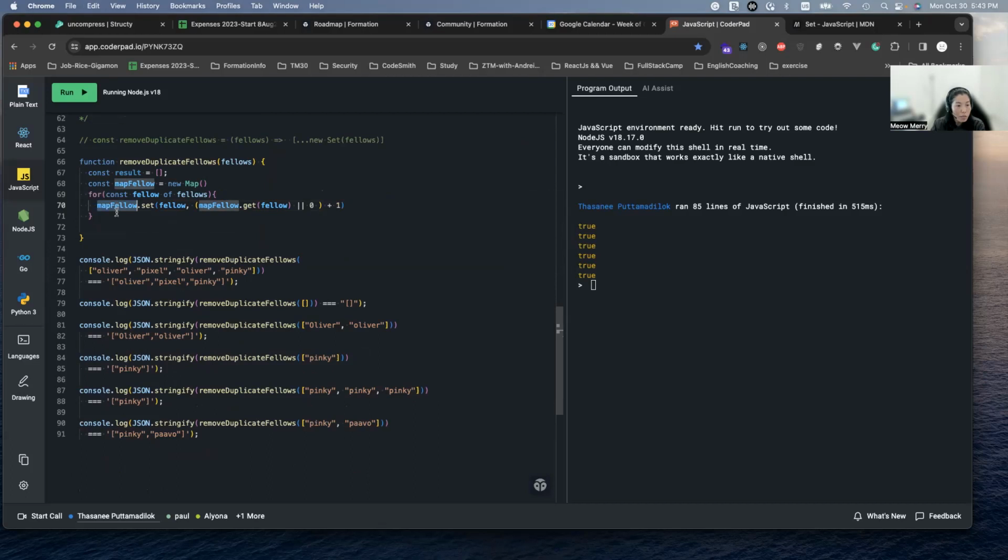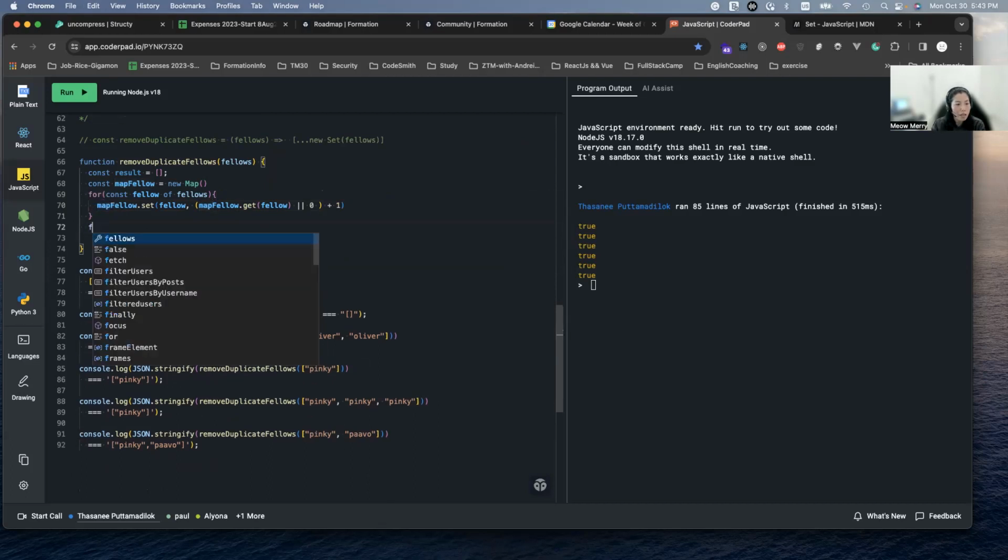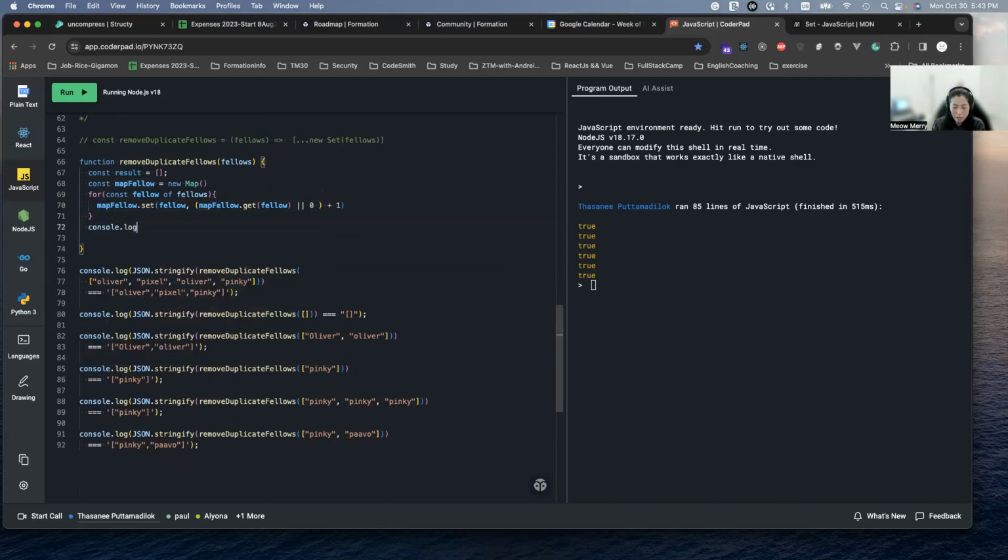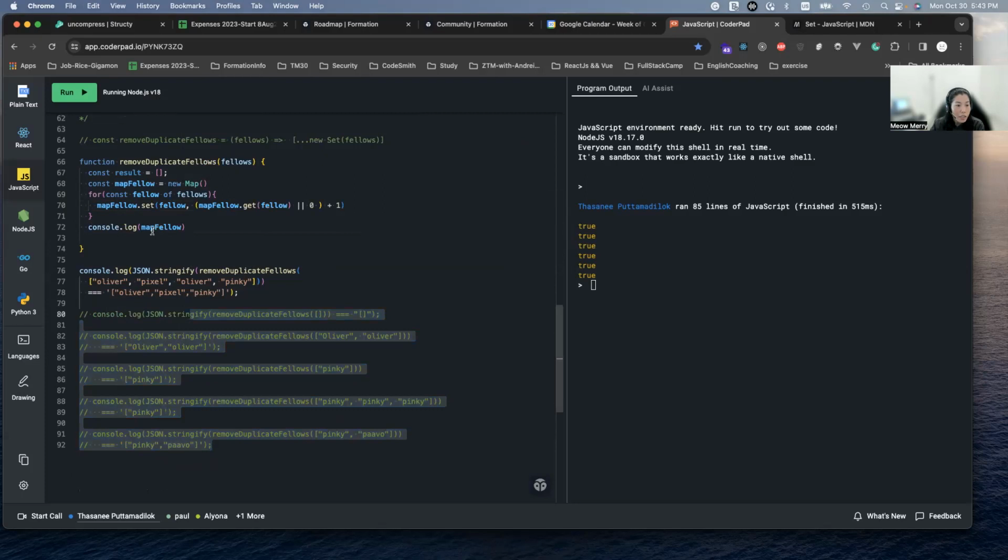So now what we're going to see, if we console log the map here, let's comment out the rest. It should have Oliver two, and then Pixel and Pinky is one. So if we run here,